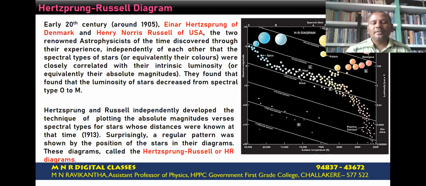the absolute magnitude along the y-axis and the color or spectral type, O, B, A, F, G, K, M, along the x-axis. And another way is taking the luminosity ratio, that is, luminosity as a function of the solar luminosity, along the y-axis. The corresponding surface temperature is taken along the x-axis. Observe that the coolest star will be here. Now let us discuss that later on.